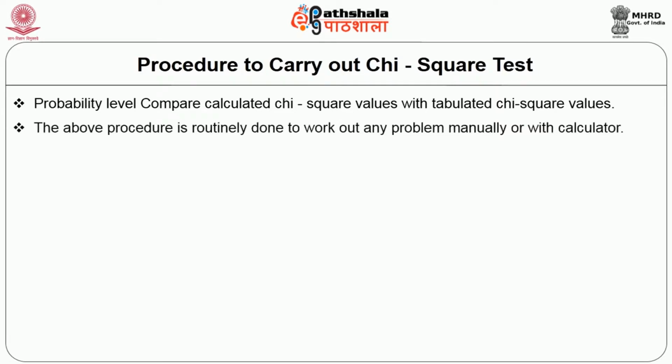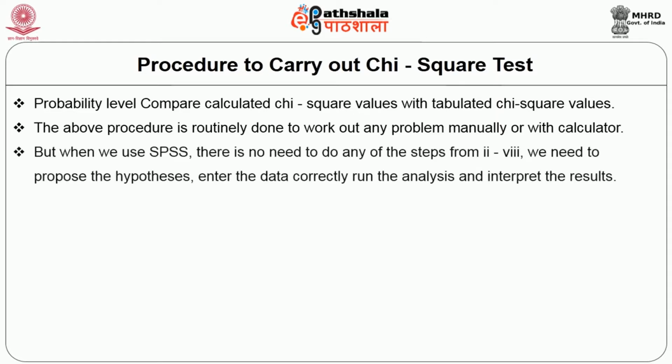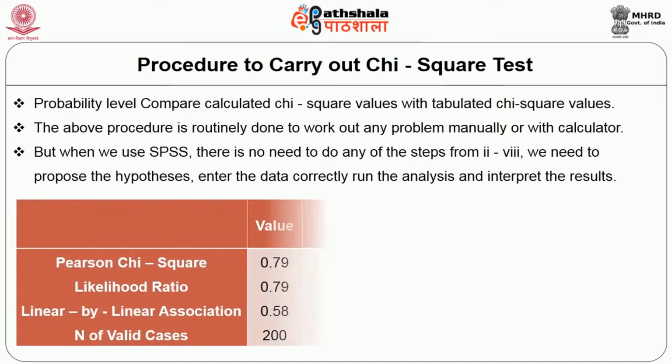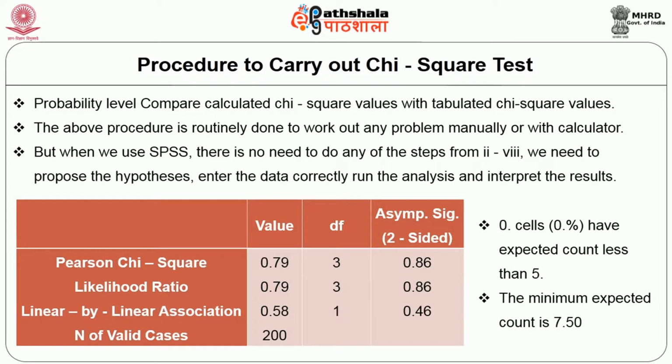The above procedure is routinely done to work out any problems manually or with a calculator. But when we use SPSS, there is no need to do any of the steps from 2 to 8. We need to propose the hypothesis, enter the data correctly, run the analysis and interpret the result. Throughout this chi-square test, the minimum expected count is 7.50, which is expected, the expected count less